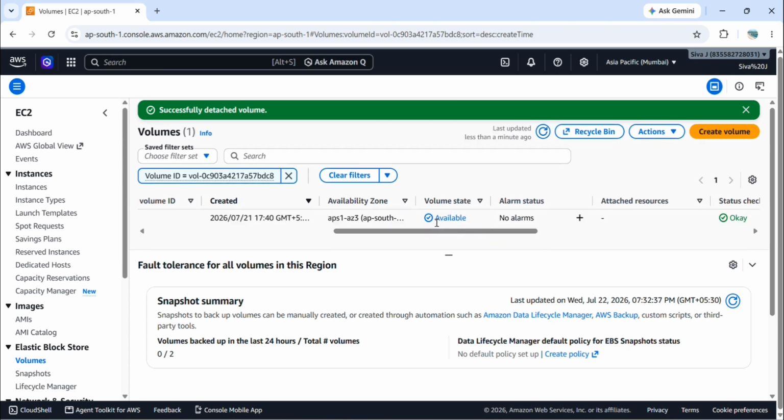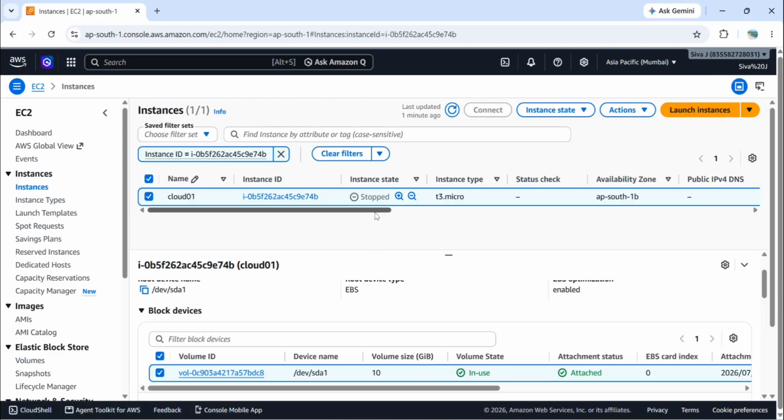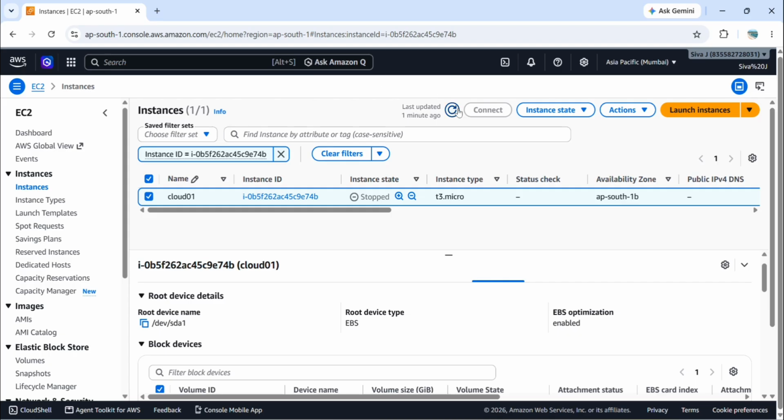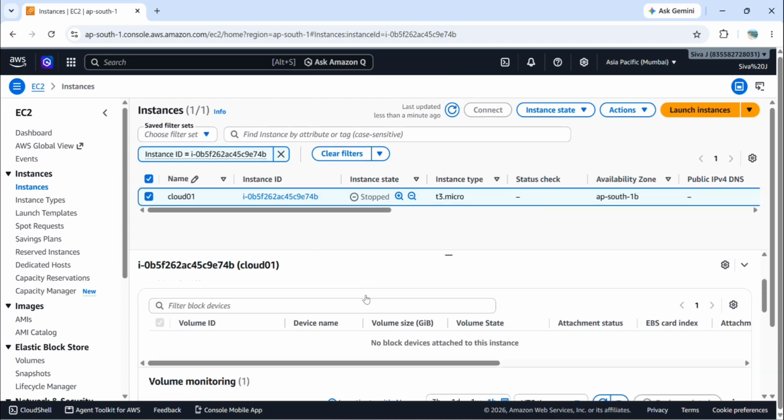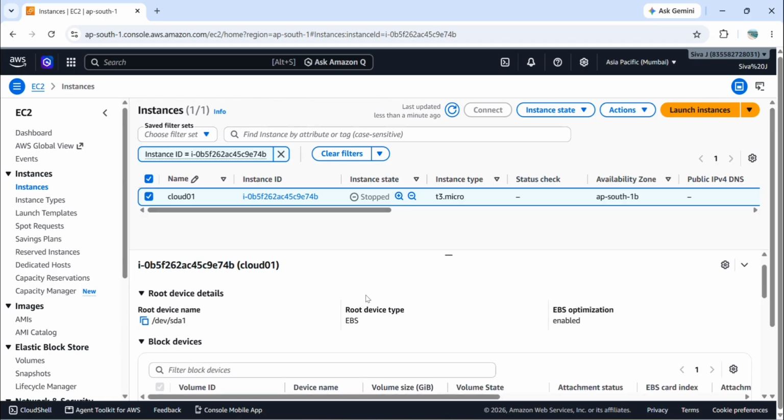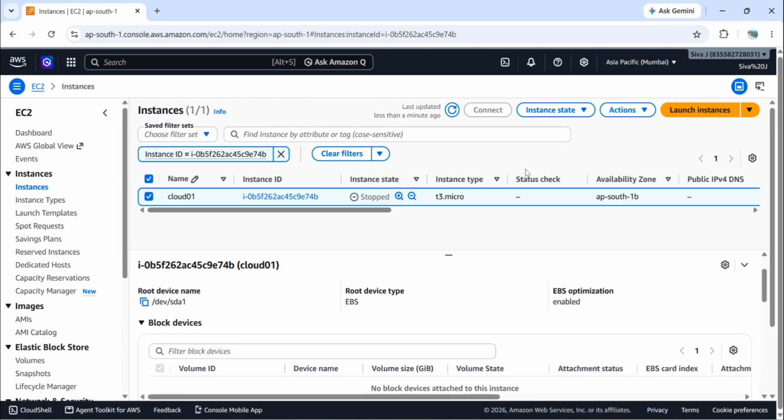Refresh it. Earlier it was in use, now it is in available state. Go to the instances, Cloud one. This is stopped, right? Just refreshing the page. You can see there are no storage devices. Now I'm starting the